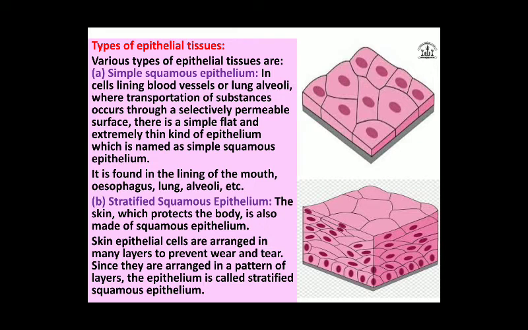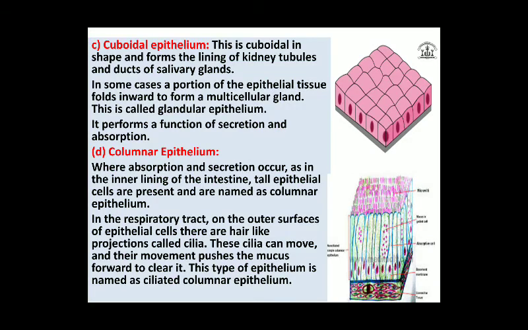Okay, and also they protect the organs from germs, that is entry of germs, and it facilitates diffusion of gases. Next is the cuboidal epithelium. So what is this cuboidal epithelium? In the name itself you could guess the shape of this tissue will be a kind of cube. It will look like a cube. That is, it consists of cube-like cells of almost equal height and width. So in the image you could see a cuboidal cell. It is almost the same height and width, and the shape is similar to a cube.